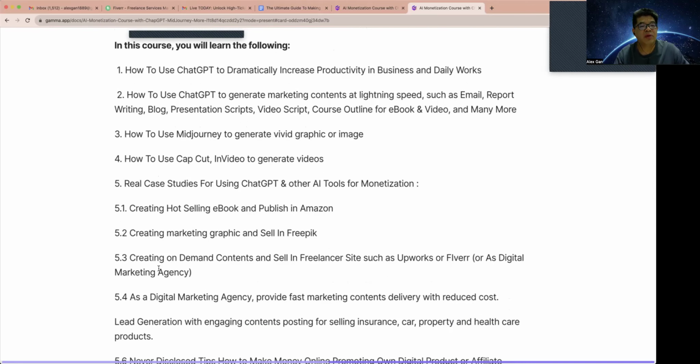Point 5.3, creating on-demand content and selling it on freelancer sites such as Upwork and Fiverr. I will also show you how you can find business opportunities, or people demanding services from freelancers, on sites like Upwork or Fiverr. Upwork and Fiverr are the two main freelancer sites you can leverage to get a lot of customers demanding different content.